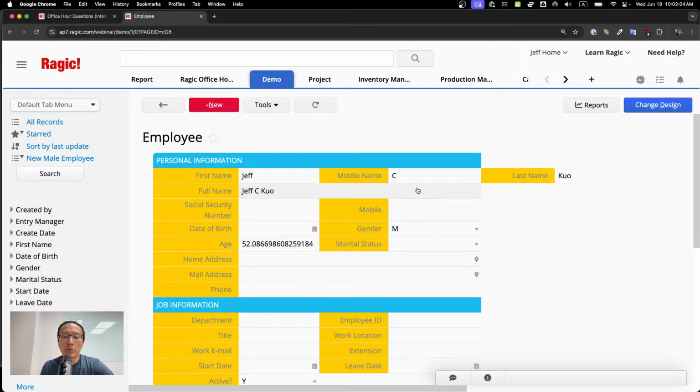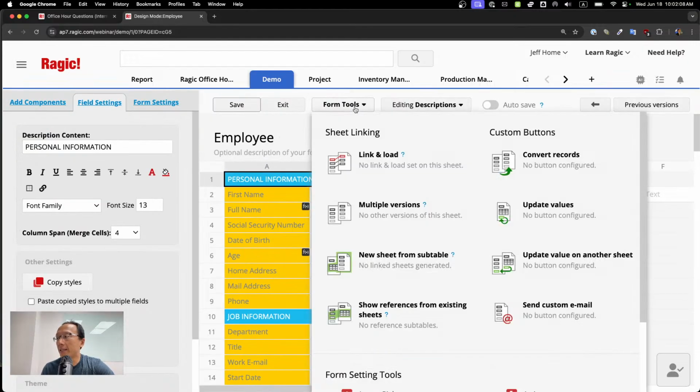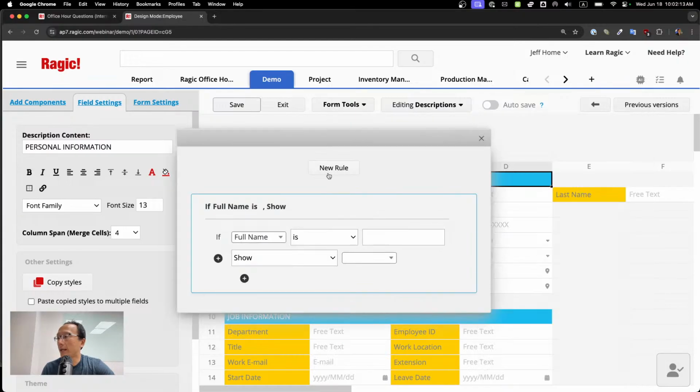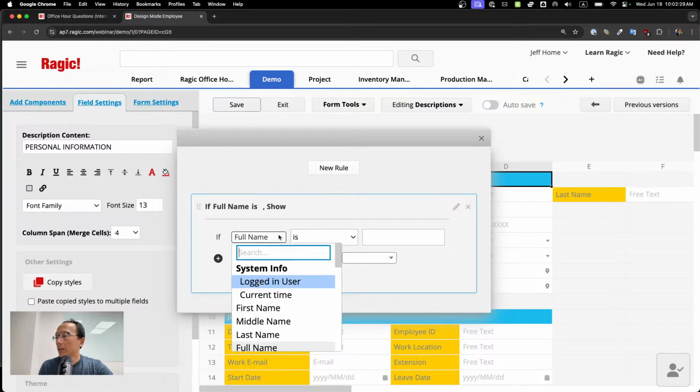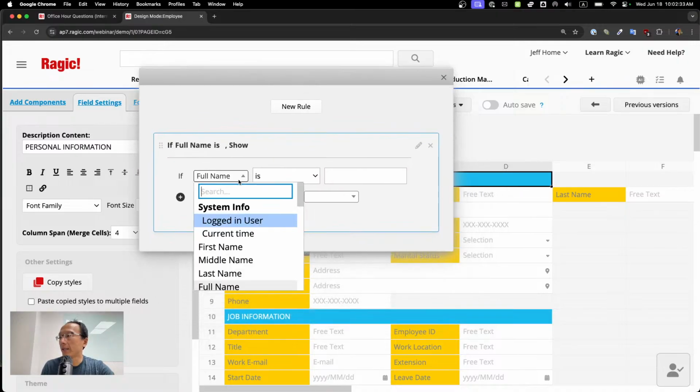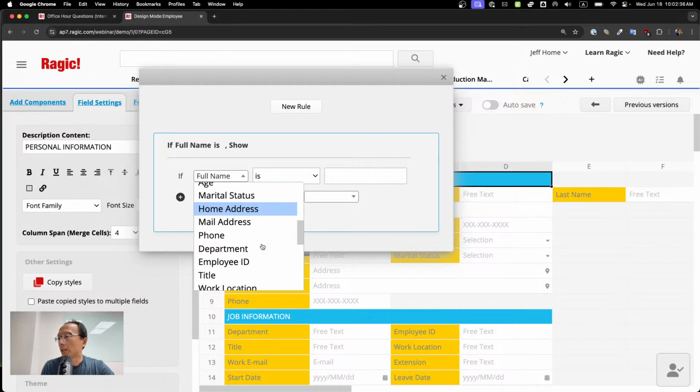Over the years, we have added quite a few changes to the conditional formatting, and it's now supporting more and more different types of conditions and actions that correspond to the different conditions. So we'll be looking at what kind of new conditions you can add to make the formatting of your sheet design more dynamic. Basically, when you're looking at a conditional formatting, you are choosing a field,